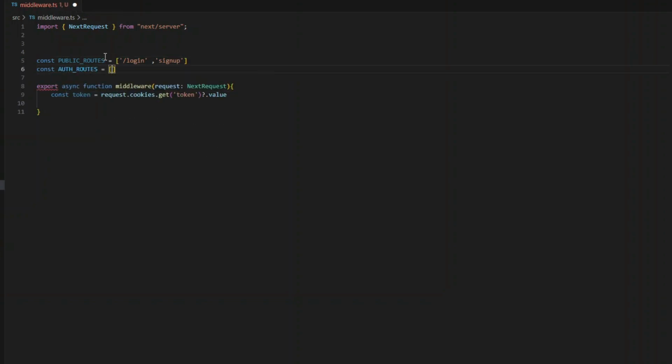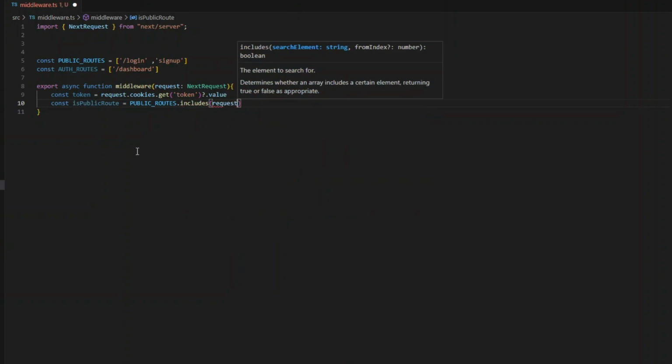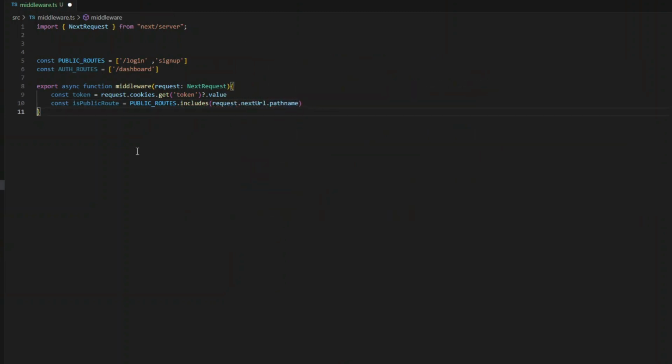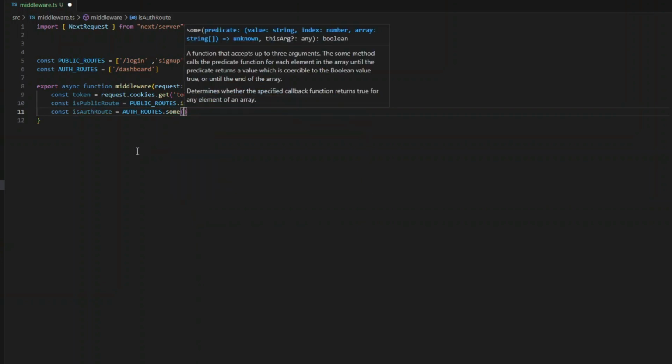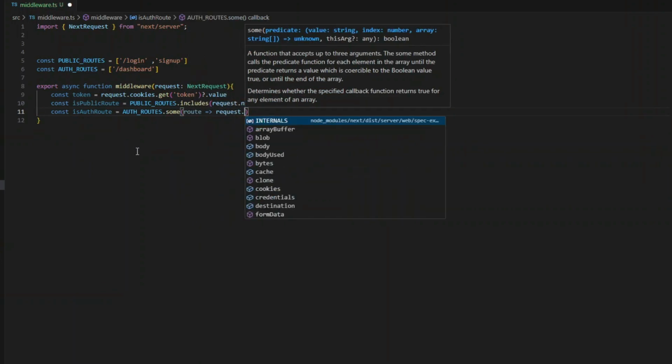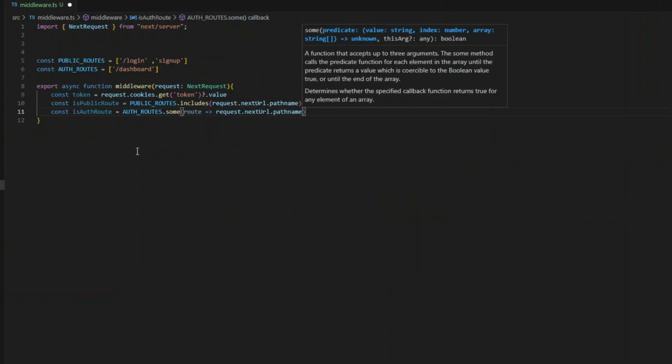Public routes include pages like login and signup, which are accessible to anyone. Auth routes are protected pages like the dashboard, which require the user to be logged in. Now here's our main middleware function. We first try to extract the token from cookies, and then we check what type of route the user is